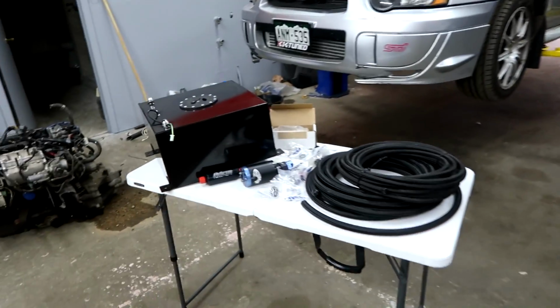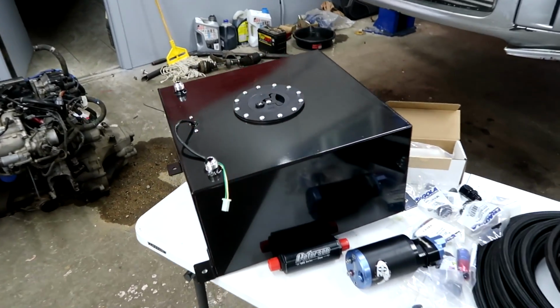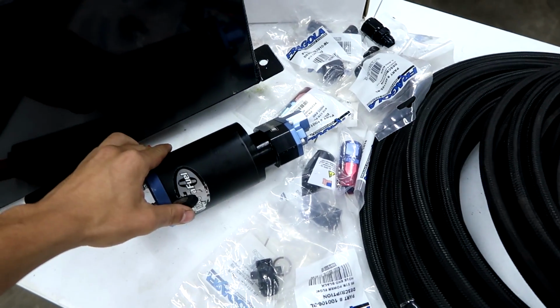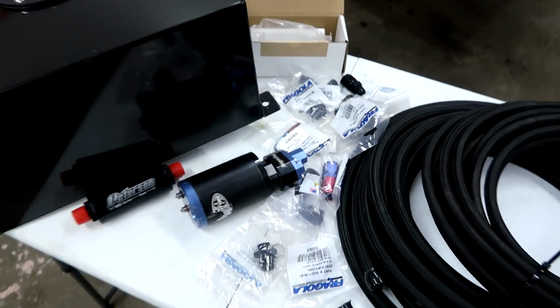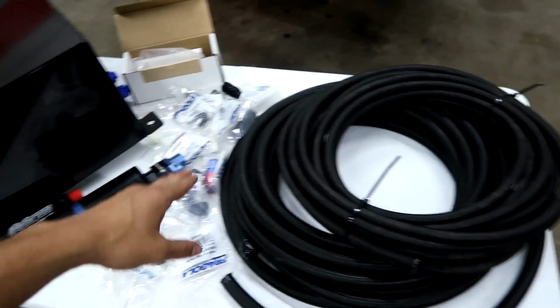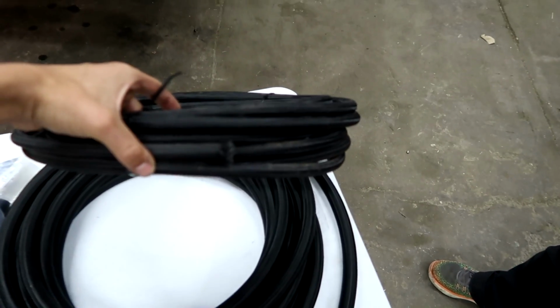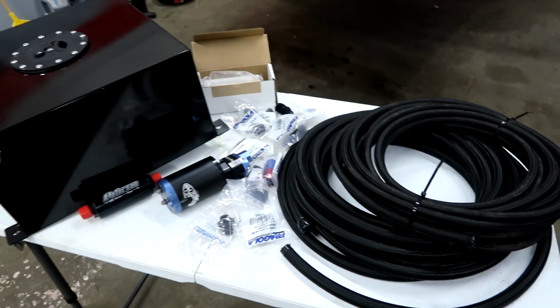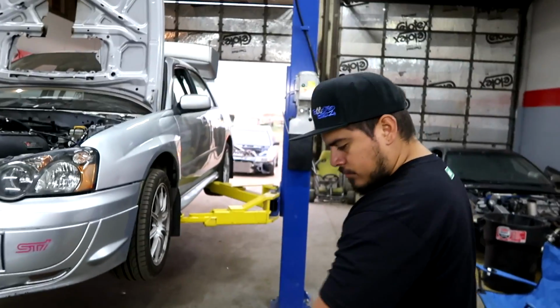If you guys remember, a while back we did pick up a 10-gallon fuel cell for Hondaru, and then when we were in Florida, Garrett gave us these MagnaFuel 750 pumps, and then today we actually just went and picked up an inline fuel filter. We got some fittings, we got some Dash 6 line right here for our return and some Dash 10 for our feed, and we're just going to see how much we can get done on Hondaru's fuel system,